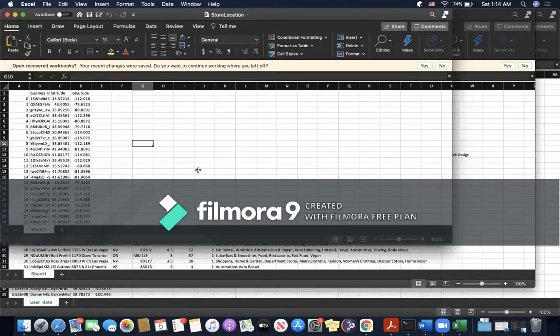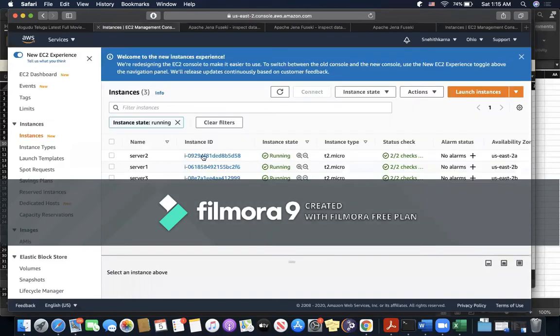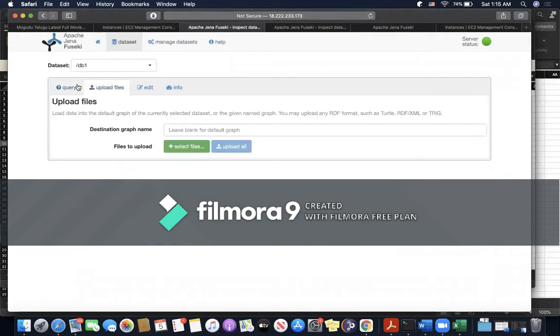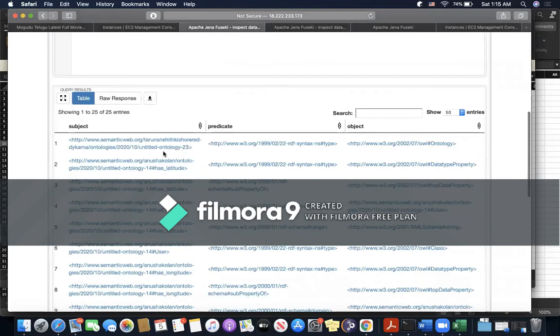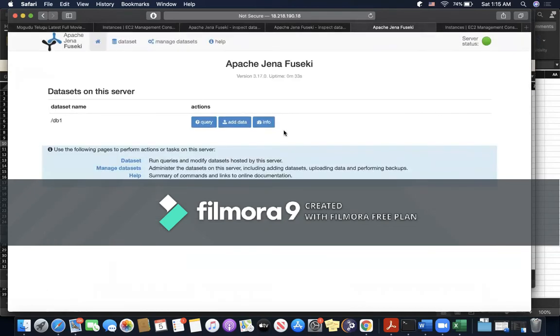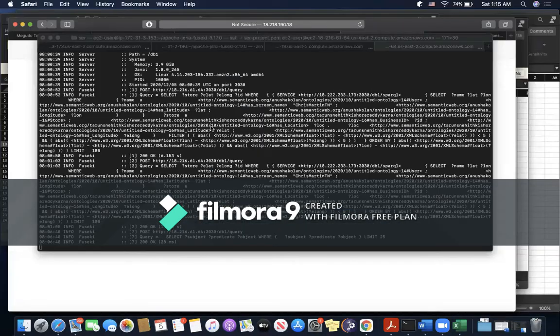What we are planning to do is that we have created three different OWL files and hosted them in three different locations so that they form a representation of linked data hosted on different locations. For that purpose, we have set up three different instances in the AWS console. Each instance is configured with a physical server, and each holds an OWL file. This is one instance which holds one of the OWL files, the second instance holds the second OWL file, and this is the third instance.